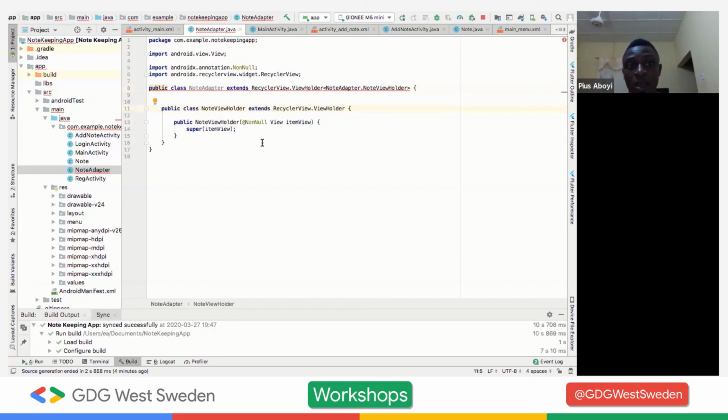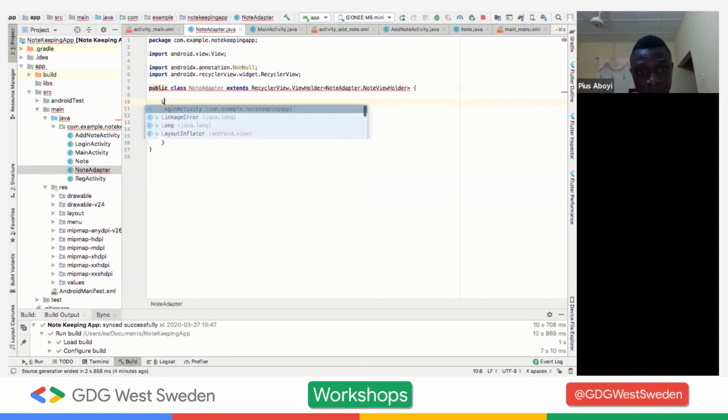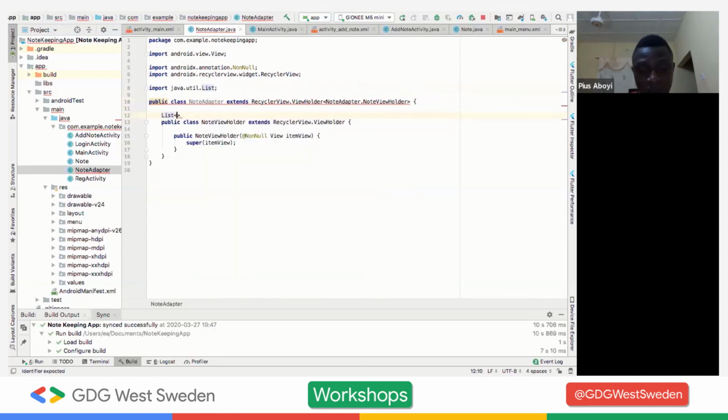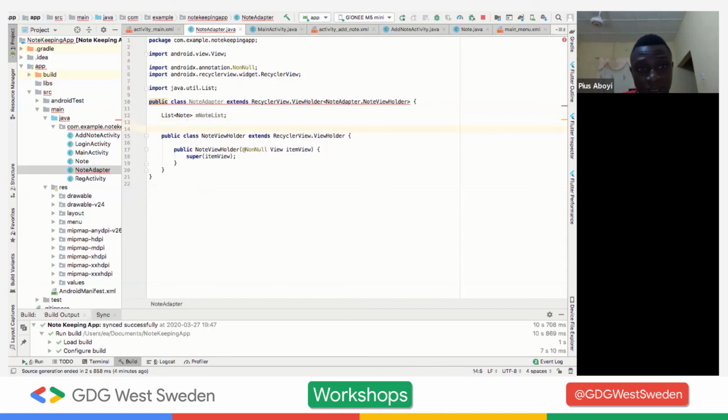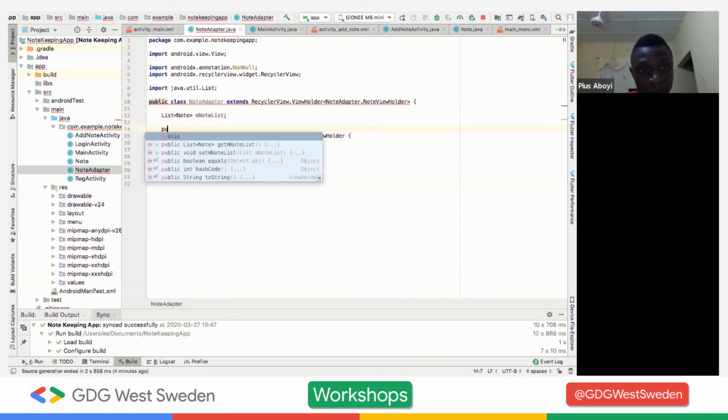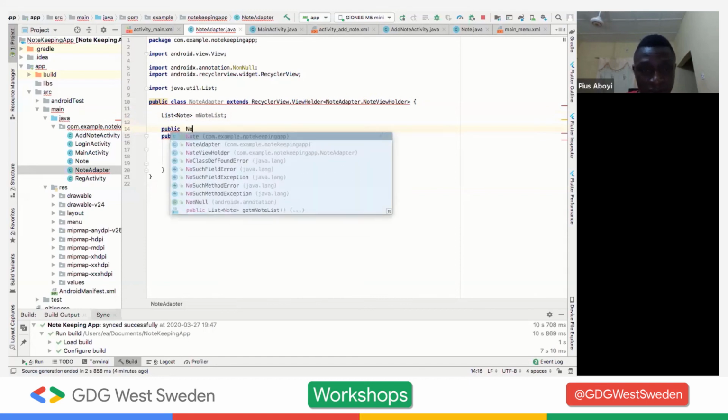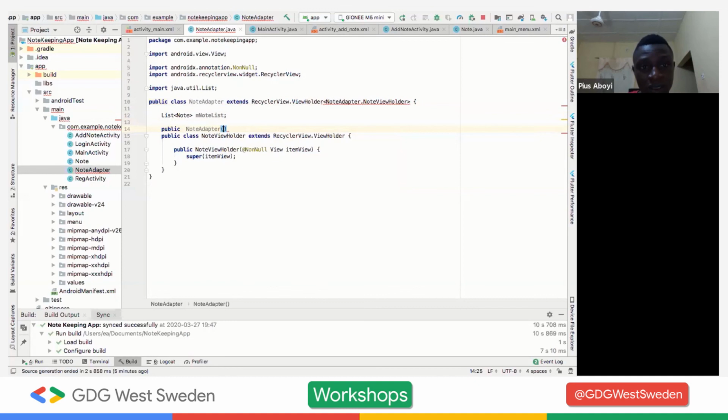Still going to undo this. Now we need some fields. We're going to have a field for our list, the list of notes. So a list of type note, the Pojo class we created. We can call it list or note list. Then we can create a constructor, a public constructor by ourselves, that takes